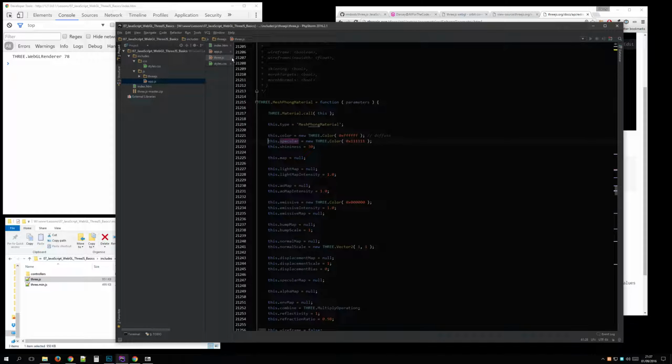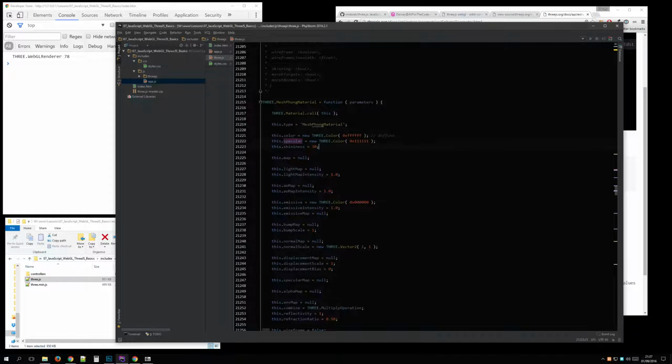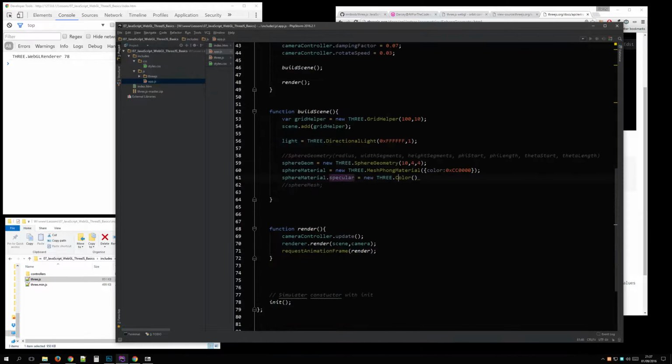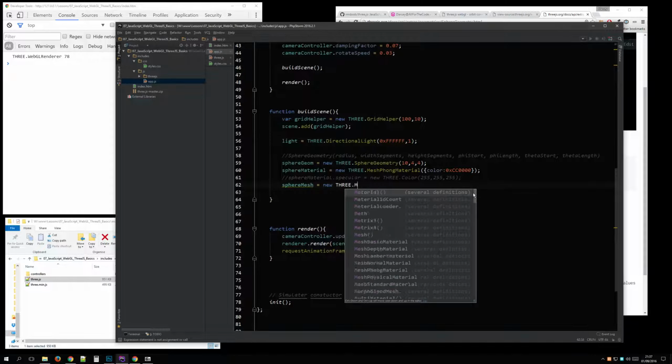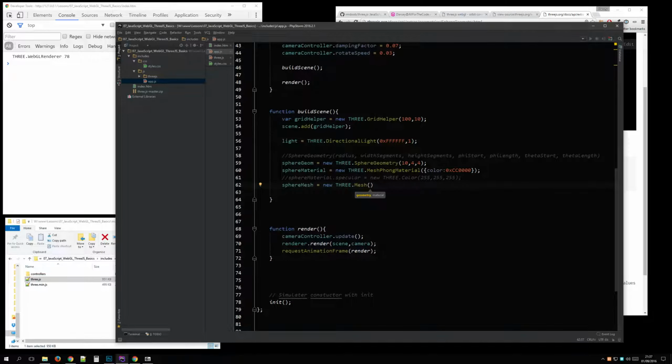So I've gone into ThreeJS's function itself now. Specular takes a color, so it's taken in that, and new THREE.Color, I think it was, RGB, okay. 255, 255, 255. Let's try that. Let's keep it out for now. Sphere mesh equals new THREE.Mesh, and we add geometry,